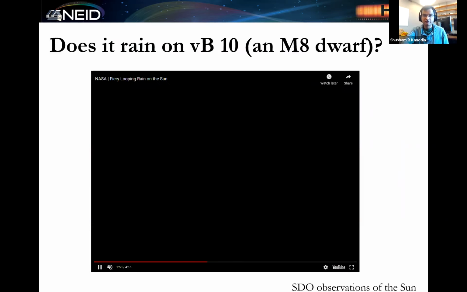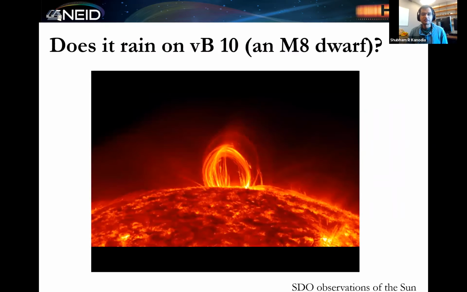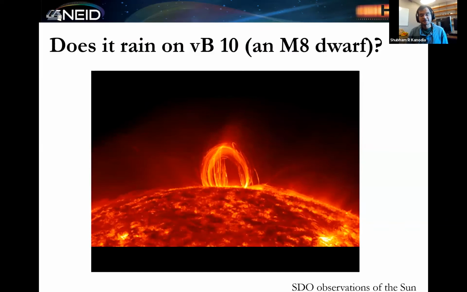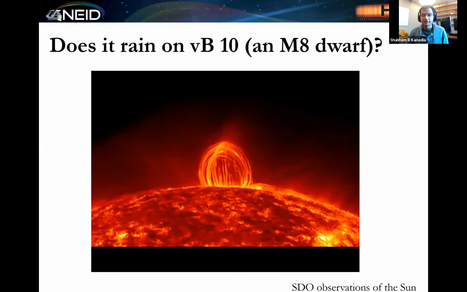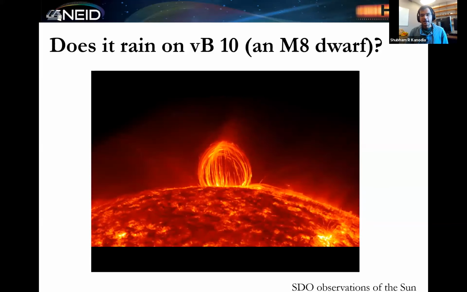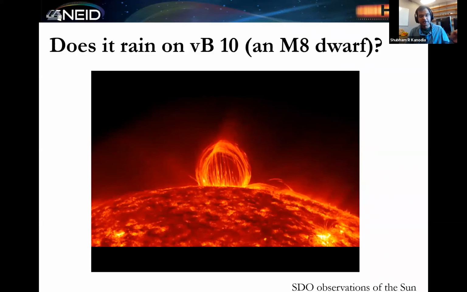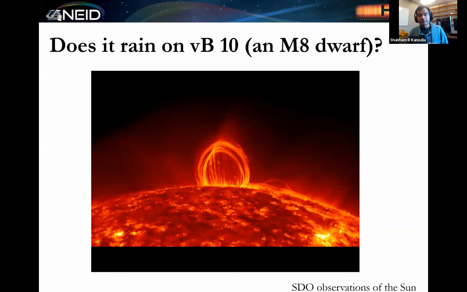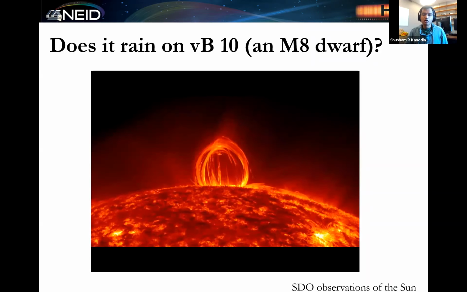So coronal rain is not a new phenomenon. It has been measured around the Sun. And this is a very cool animation that I would like to show from SDO, which shows the phenomenon for the Sun. This is not for a flare, this is for a prominence, but it still shows the downward motion of the material along those magnetic loops. And maybe we do not have enough evidence to say that what we detect around VB10 is coronal rain, but that there is some tentative evidence which suggests that what we're seeing could be coronal rain or a chromospheric condensation